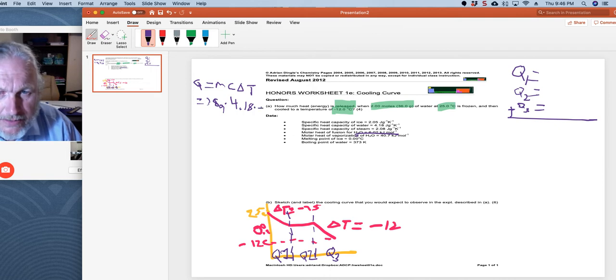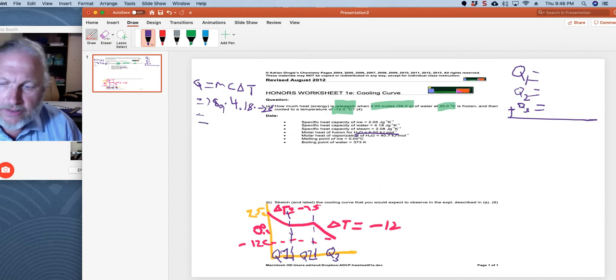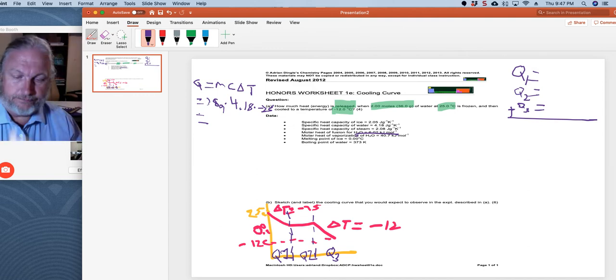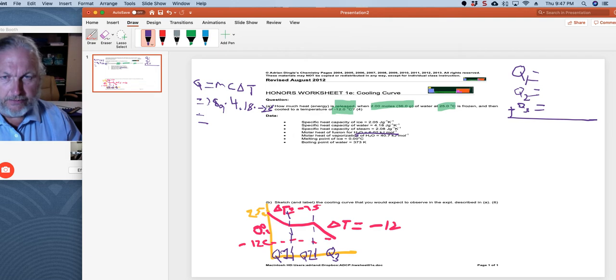Times minus 25 degrees C. I see that my grams and my K or C subtracted out. So now all I've got to do is hit my calculator. Got my trusty calculator. So if I hit my calculator, I'm going to go